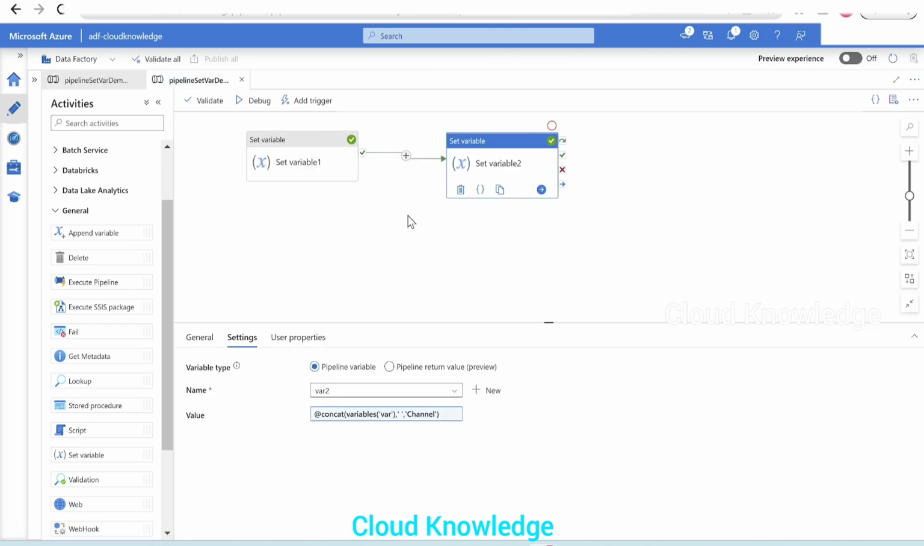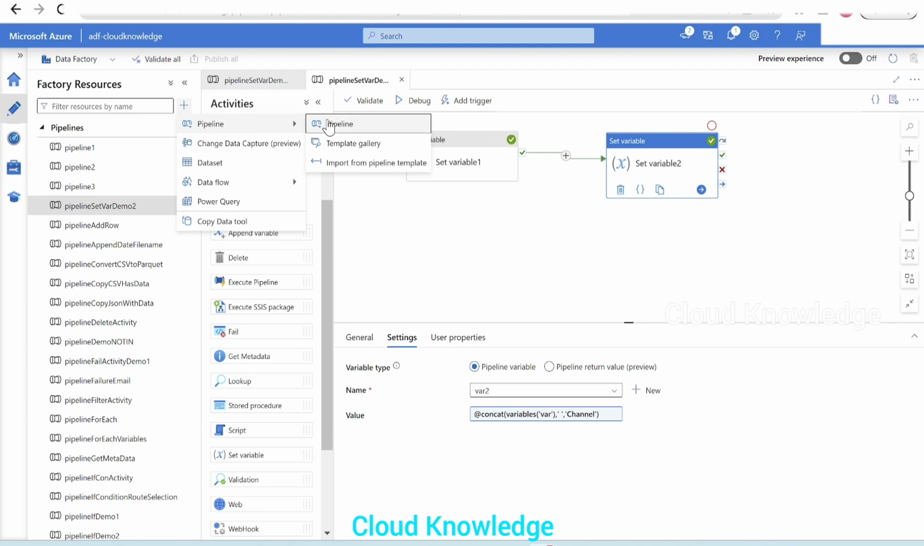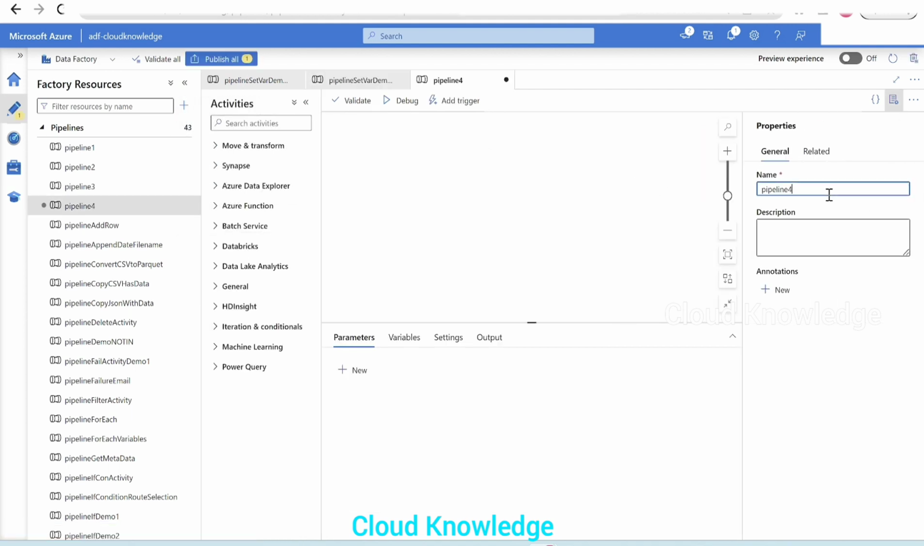In the second demo, we saw how we could make use of the dynamic content and how we can create a new variable using the existing variable. Now we'll create another pipeline for the third demo. So let's create a new pipeline. Let's name it set var demo 3, and in this demo